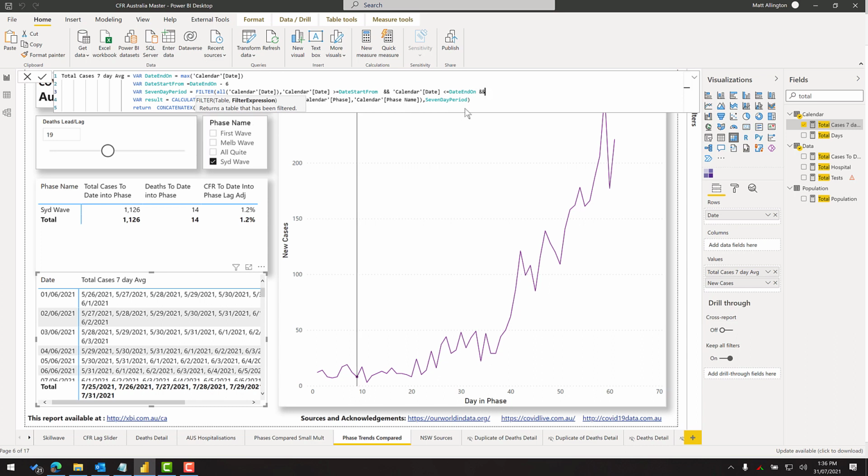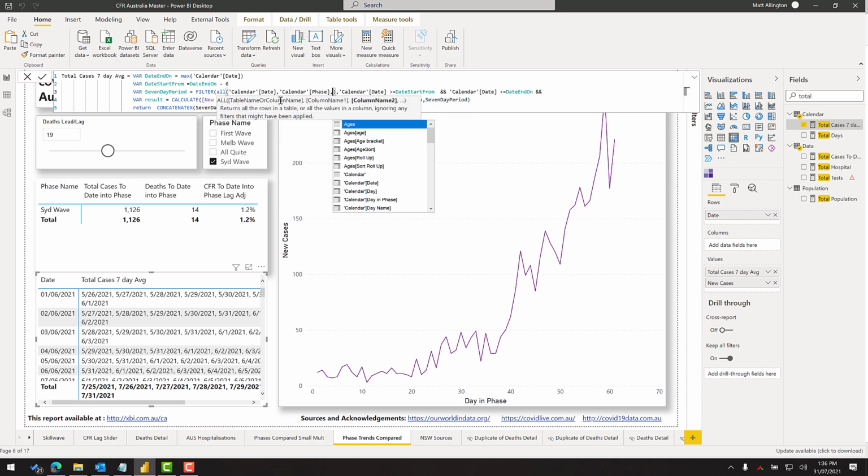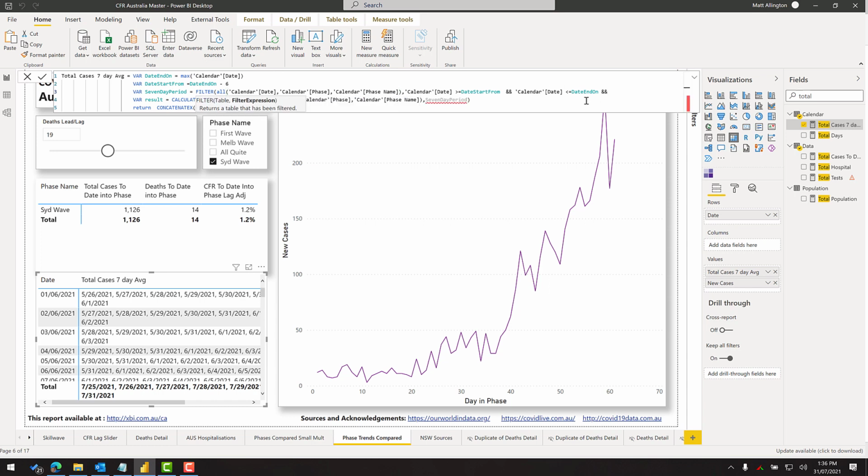And I just realized I can't refer to the period because I don't have it here. So I need to come back and put phase in here. In fact, I'll put the phase and the phase name. In fact, I do need them both because I'm sorting phase name based on phase. So I definitely need both of those in there. And I also need this to be the